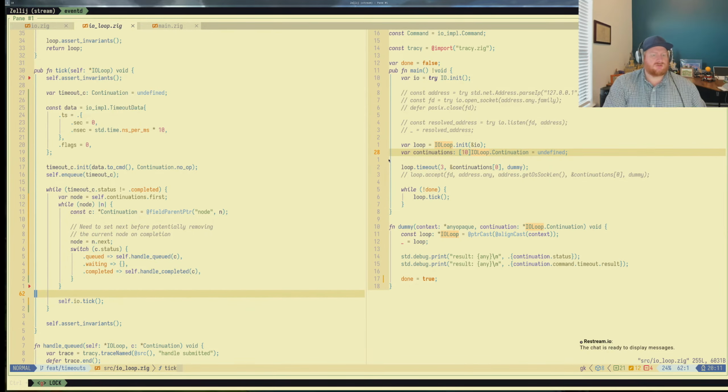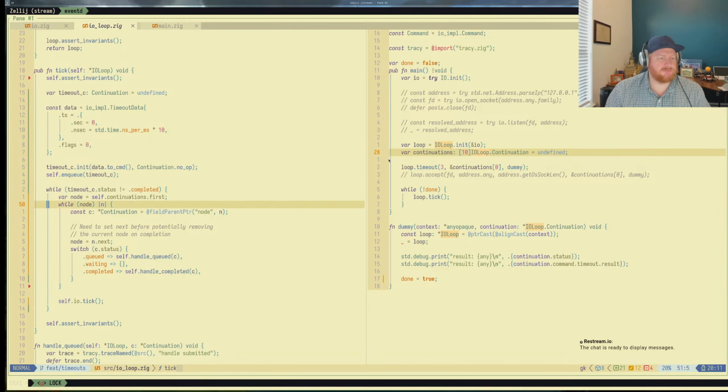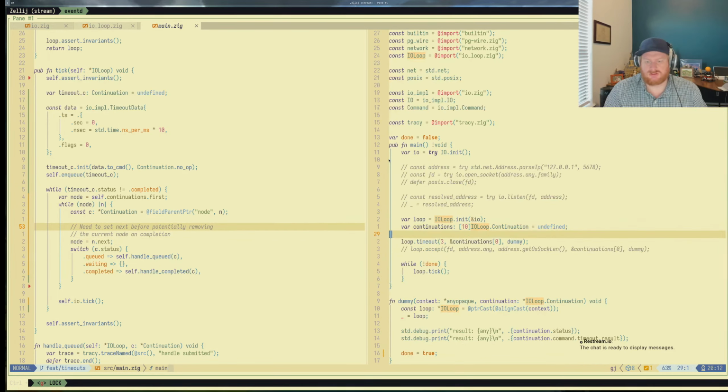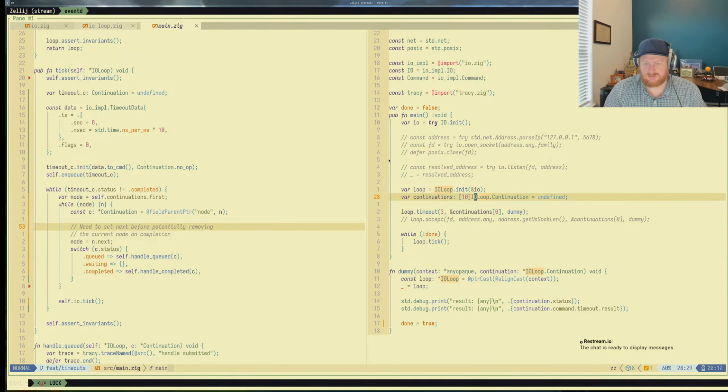And I think that will give us what we want. So every time we tick, we are handling all the completions that are done and any that have been subsequently enqueued. We keep doing that until the timeout fires. So in theory, if we go back to our main function,